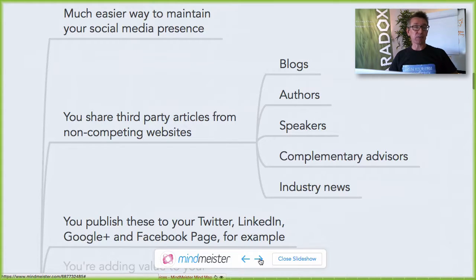Also, things that are happening just within your sector. So whether you're an accountant or financial planner or bookkeeper or any type of business, if there's something notable going on in your industry or even generally that you want to comment on, that's the sort of thing that you can share if, let's say, there's a news item. But it's important to not just be blindly publishing out quotes,